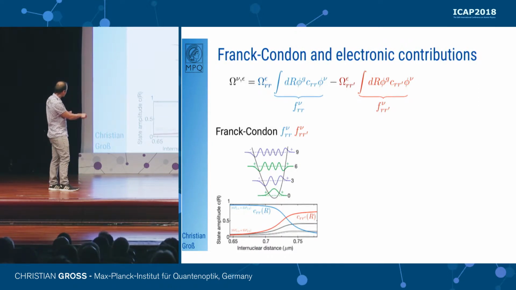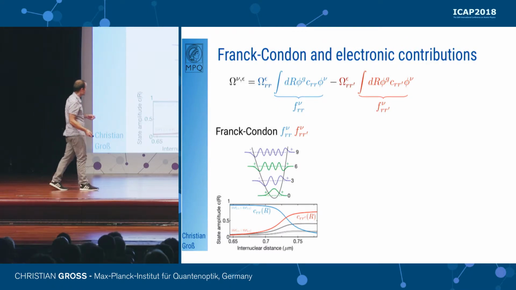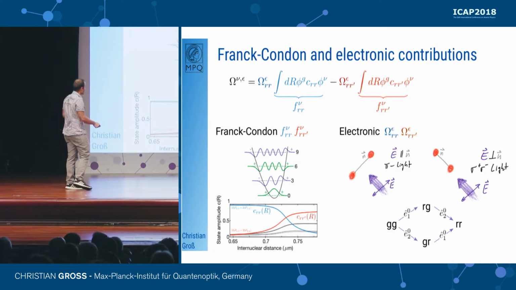So here, basically, for these ones, I get a relative sign between the red and the blue one, because this argument that I just made just turns around for the red one. So this one will be positive, while this one is negative, or the other way around, because, of course, this sign is kind of arbitrary. For the electronic path,